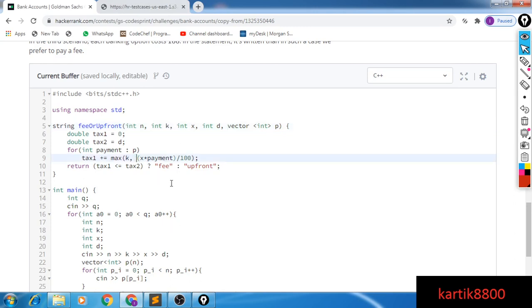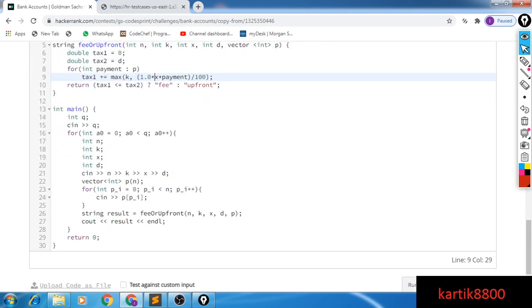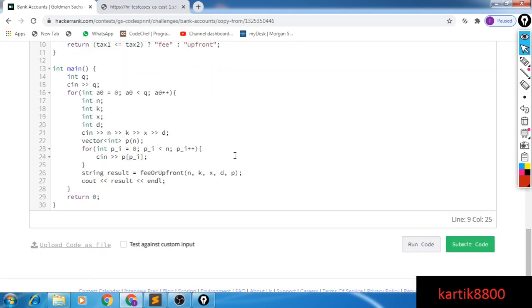I am assuming that this is actually integer division. I should make sure that it's a double division or a float division, otherwise I'll get a lot of errors, I would think. Okay, let's try this now.